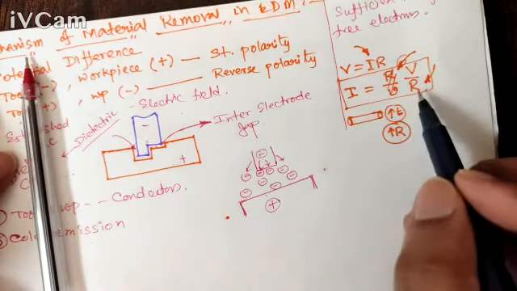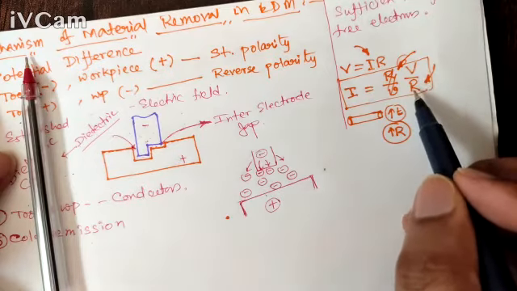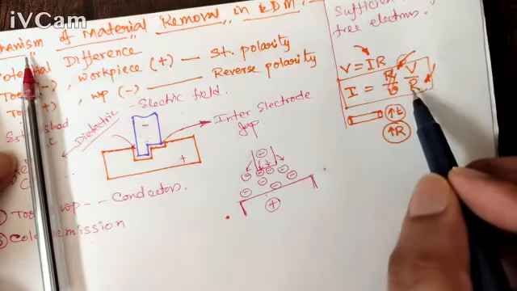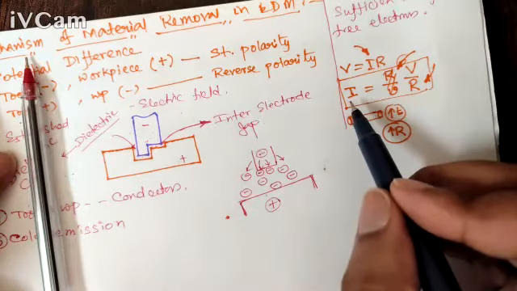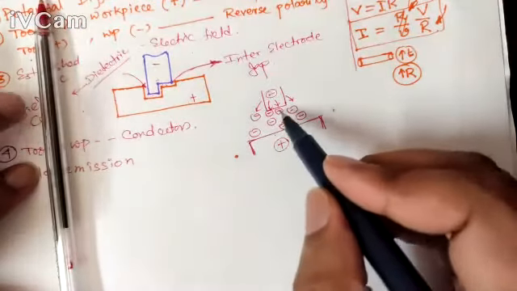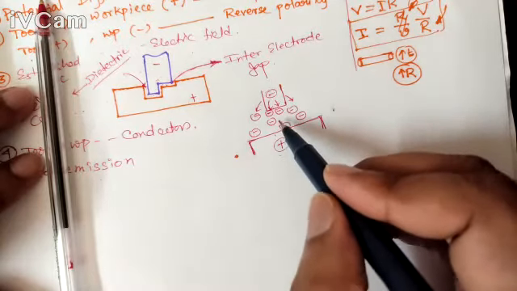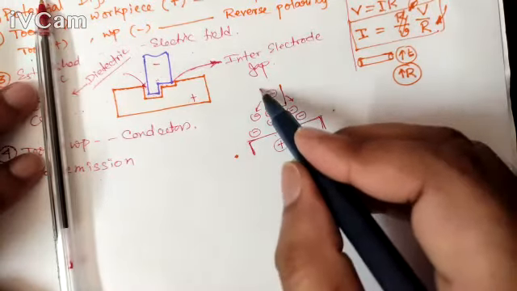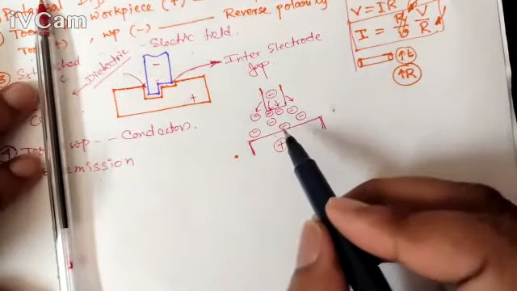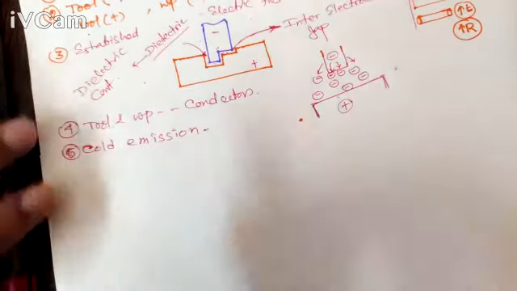So if we are heating any conductor, resistance will increase with temperature, and because of that the current I will decrease. So the flow rate will decrease. If we are heating this, then this many electrons will not come because the resistance will increase. Got the point? Because of that, we have to depend on something called cold emission. So this is cold emission. I think now it is clear.